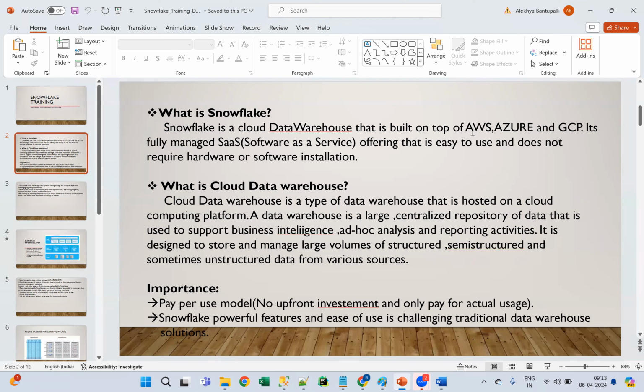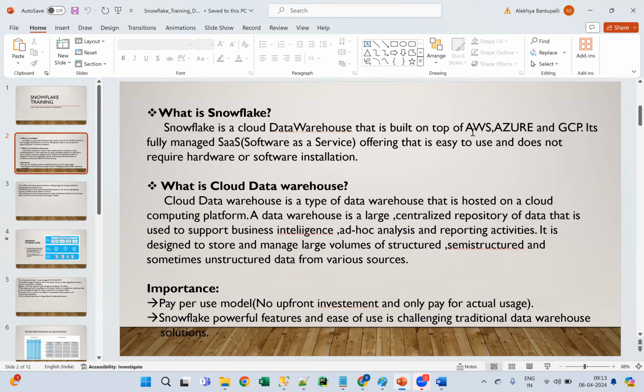Traditional database means on-premise, on-prem. It is not a cloud basically. If you want to store your data in MS SQL or Oracle or MySQL, we need to store the data on a hard disk basically, right? It's not a cloud-based thing. It's a complete hard disk or on-premised one basically. On-premised means we need to store our data on a hard disk, right?